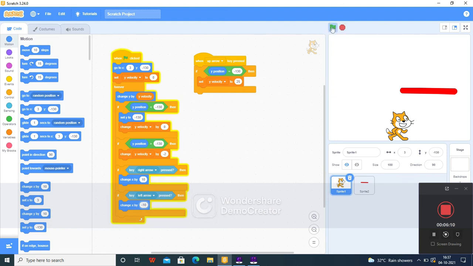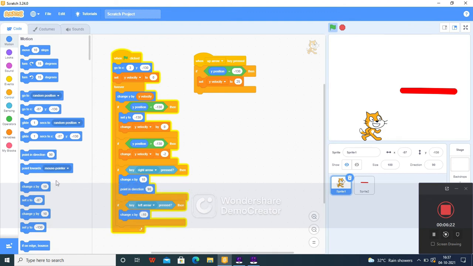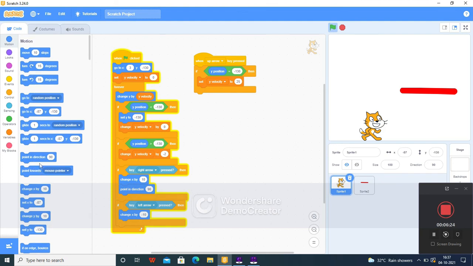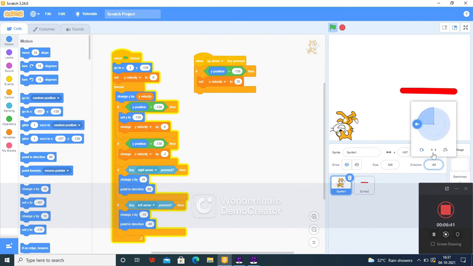Now let's see, it's moving backward and forward, but it's not turning, right? So you can give point in direction 90, and here you will give point in direction -90. Now let's see how it works. But it's directly upward, right? So in this direction you can just click on the left or the right.